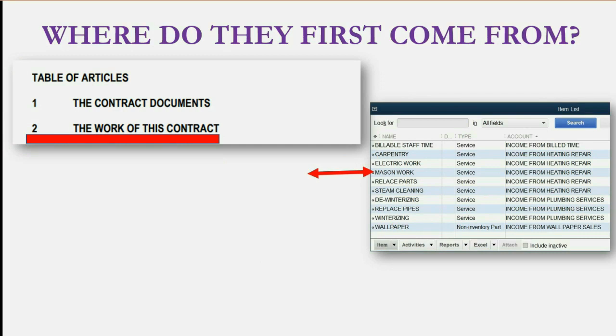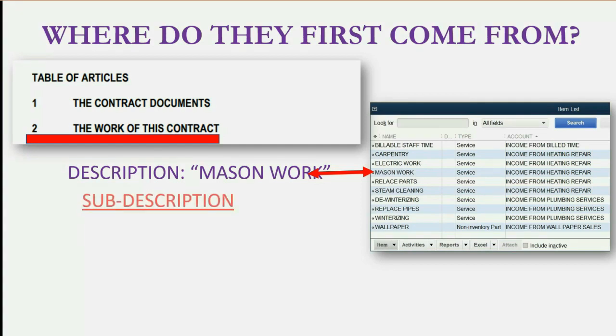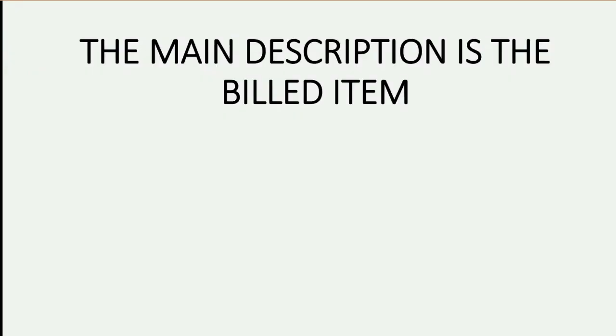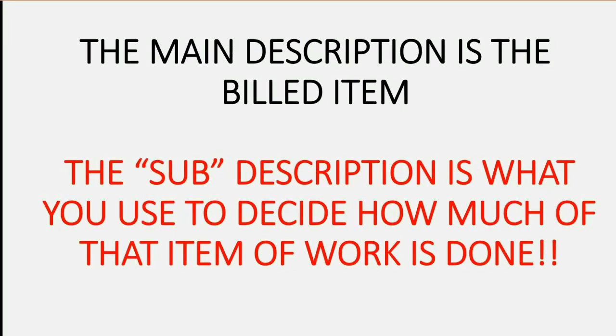For example, mason work. That might be the name of your item, but that might be the title of that piece of work in the contract. And then, of course, in the contract, mason work would have a subdescription that clearly explains physically what the person is going to receive from the contractor for that specific item that will be billed as one of the line items in the invoices. The main description is the name of the billed item in the item column of the invoice, but it's the subdescription